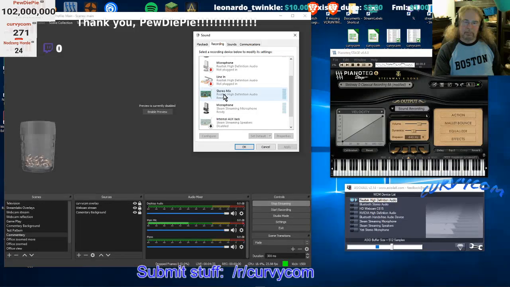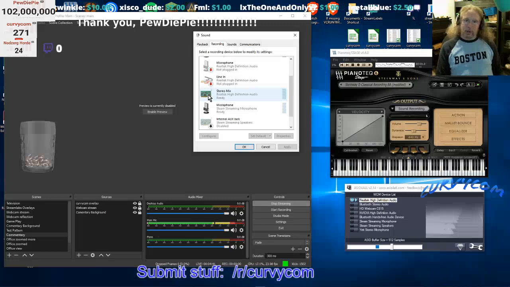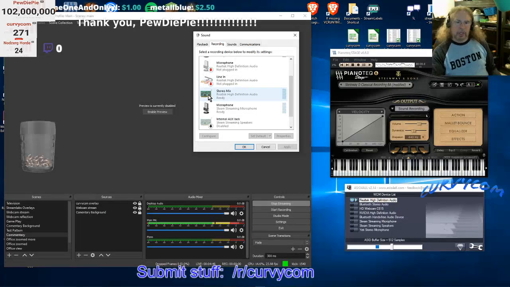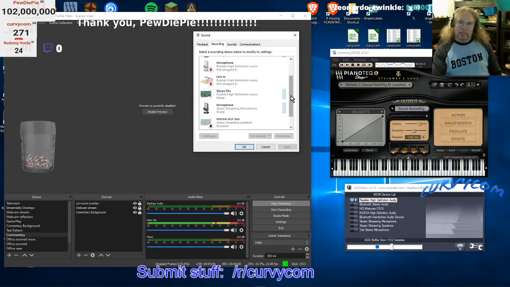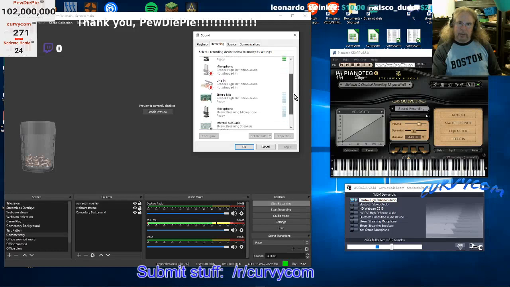Now, this is usually disabled by default unless you know what it is and you know how to use it. It could be good for recording mixed stuff from a variety of sources, because it'll mix everything together and you won't have to pick one source, or use several sources in a recording program and then mix them together. If you want to just mix them in the sound device, you can. So some cards have this, and most of them do. You just have to look for it, and what you have to do is enable that. And once you enable it,